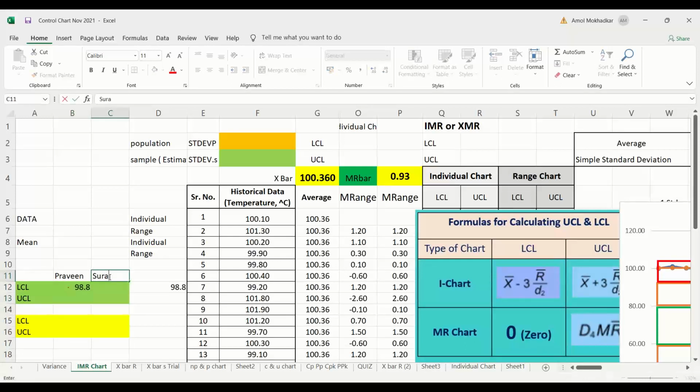Mr. Suraj says 97.88. And Mr. Praveen says UCL as 103.7. Mr. Suraj says 102.42. Others also please calculate. I need everybody to calculate. I hope everybody is calculating. Suyog.